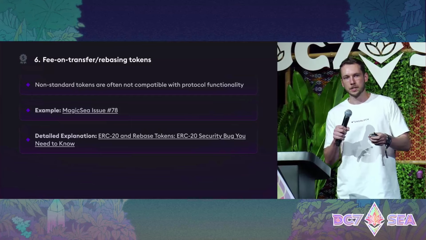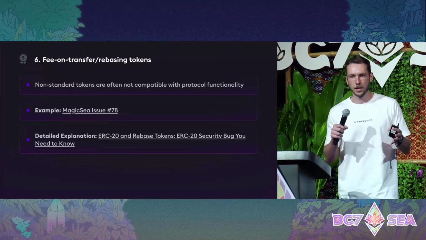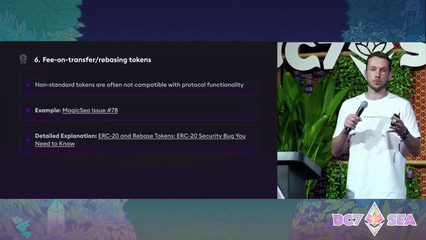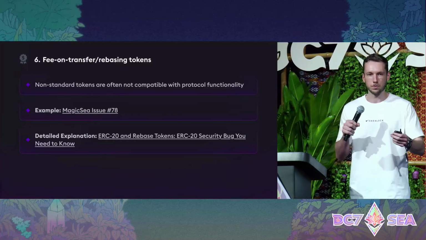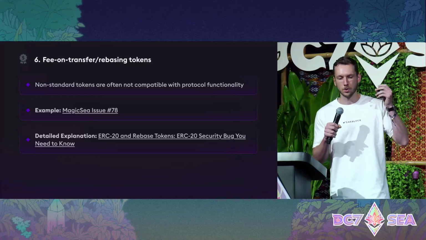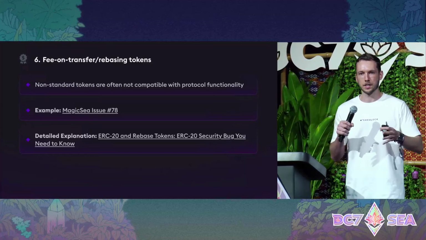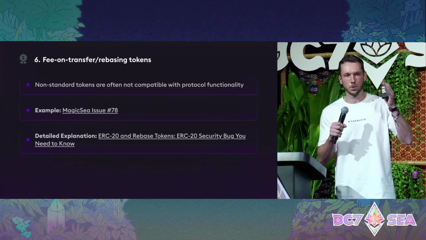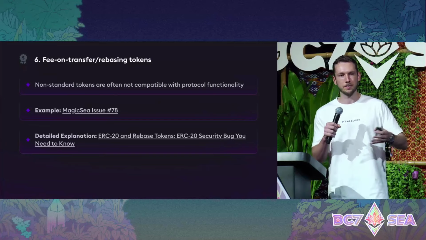Beyond transfer, rebasing tokens. So if you want your protocol to be able to handle any token out there, or even a pretty general set of tokens, a lot of them are non-standard. A lot of them don't conform to things that you would think that they conform to. And so smart contracts can get completely DOS'd or funds can be lost because of these tokens having non-standard behavior